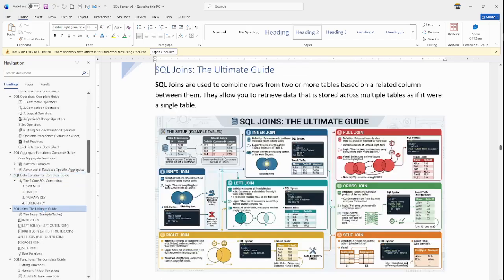Then you will have SQL join here. A join is combining two or more tables, which will be with the related columns between these two. They allow you to